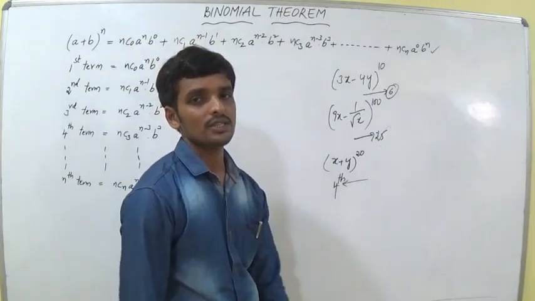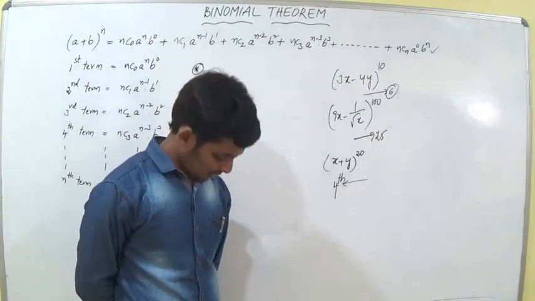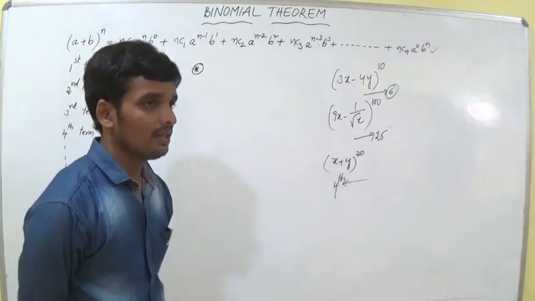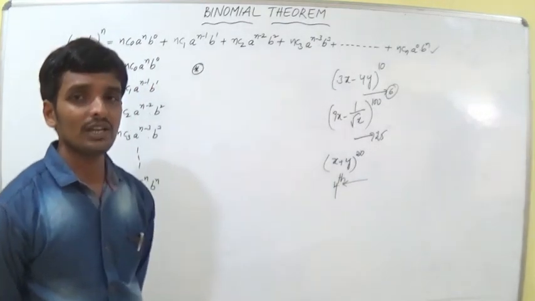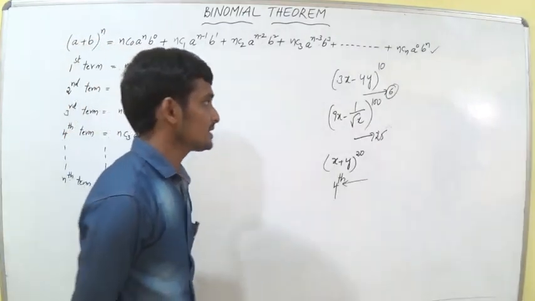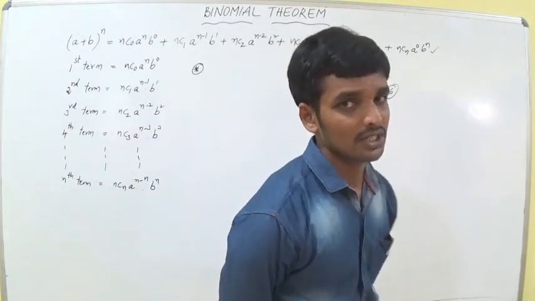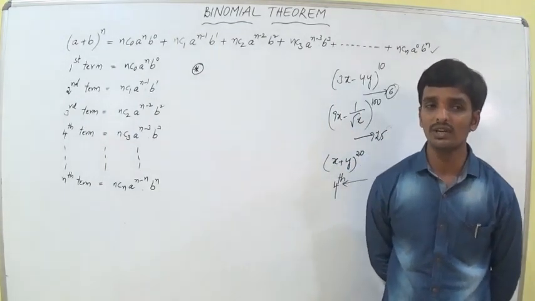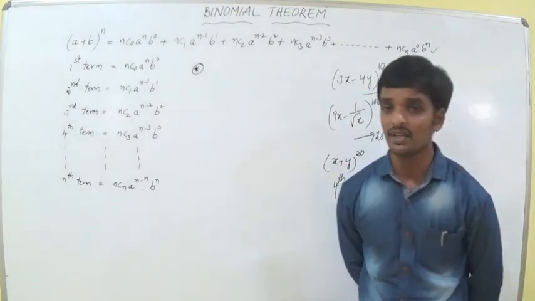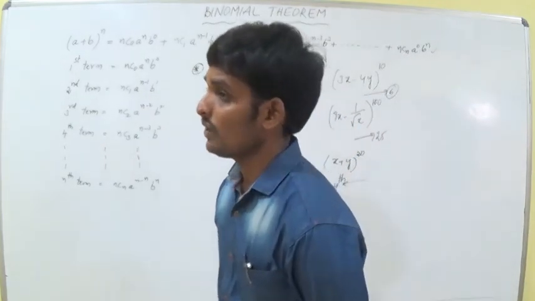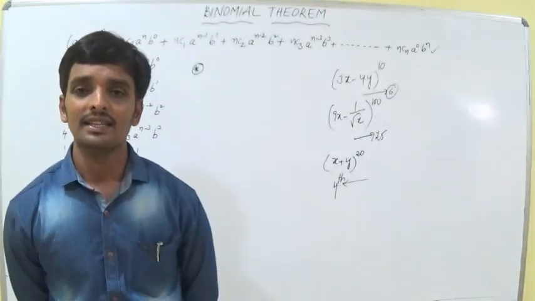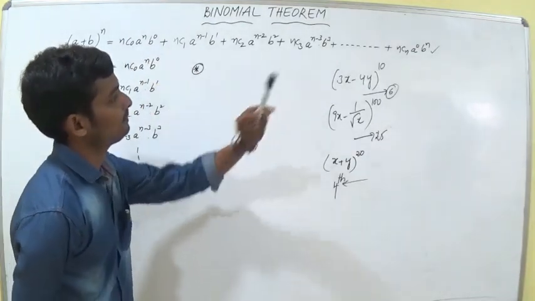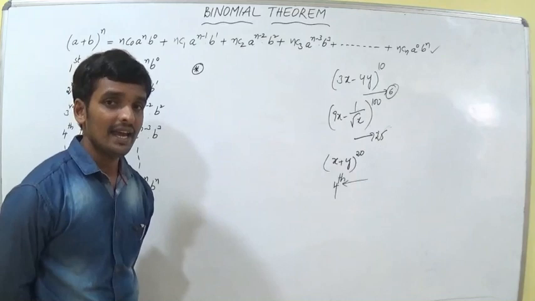Did you understand, my students? So now we are learning the number of terms. The number of terms is okay, but they are asking for a particular term. They are asking what is the fifth term of the given expansion, what is the 10th term, what is the 20th term. These types of questions we have to solve by observing the general forms of every term.